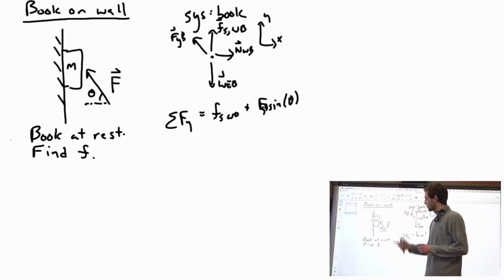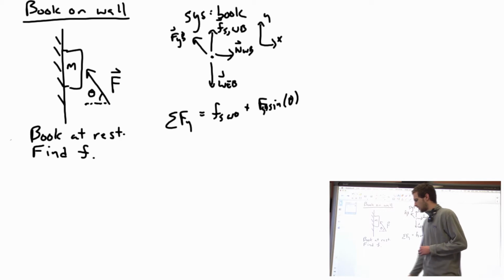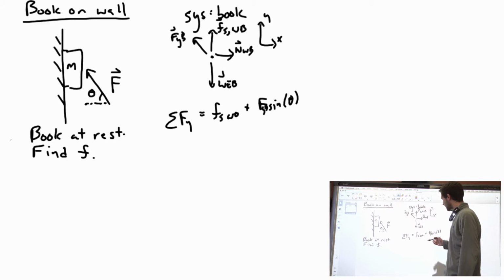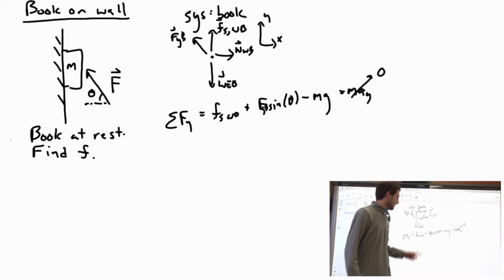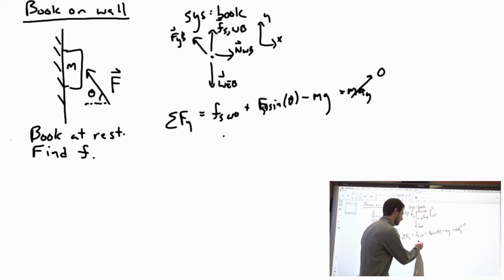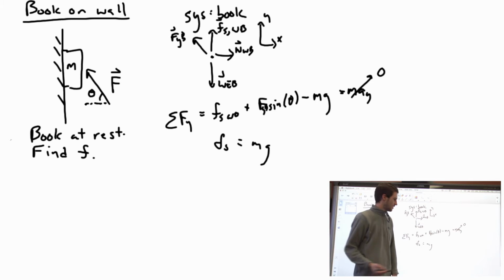And remember, we've just guessed that it's going upwards. So the sign at the end is really going to tell us the answer. And then we've got the weight force pulling down. So I'm going to put a minus mg, because we know it has mass m. And those all have to sum up to mass times acceleration in the y. Since it's held at rest, we know that's 0. So in the end, what we're going to get is that the static friction force is just equal to the